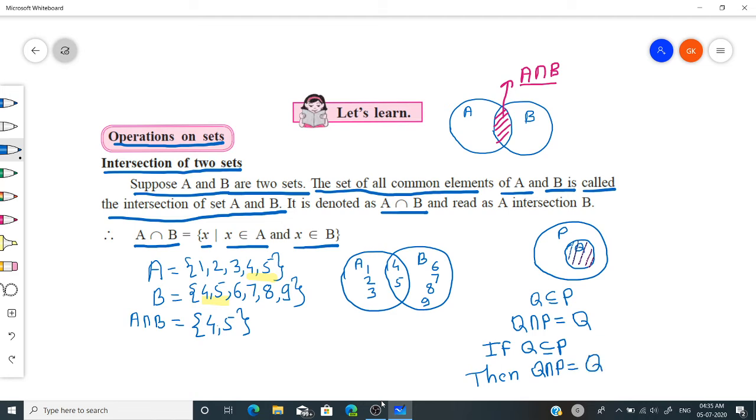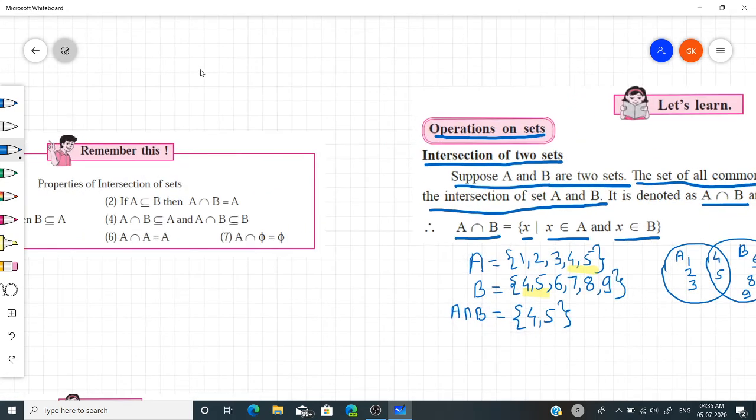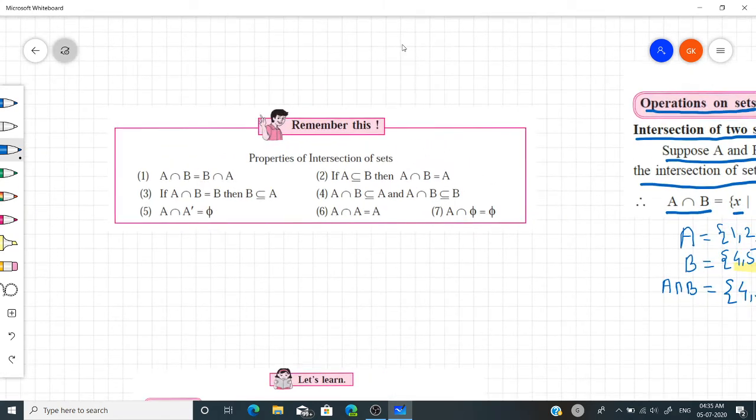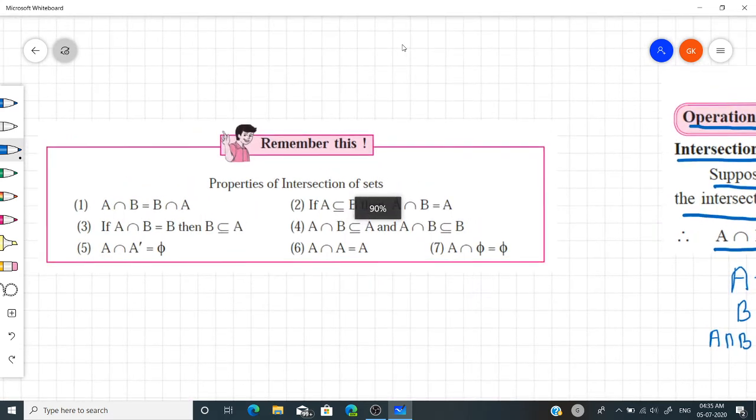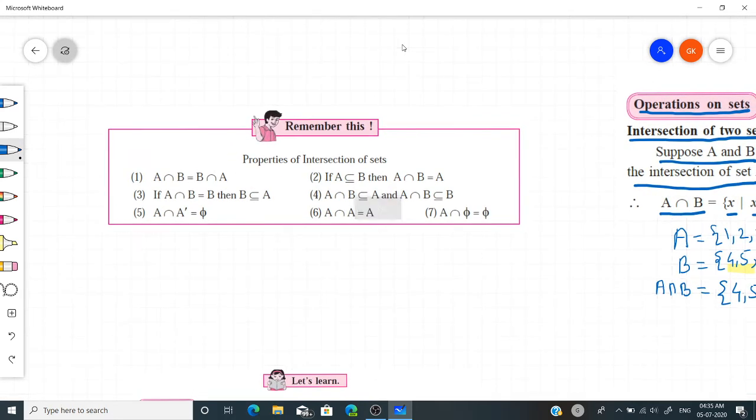This is the property. Then next part of our syllabus is that we want to study about the property of the intersection. First property is property of the intersection of two sets, that is A intersection B is equal to B intersection